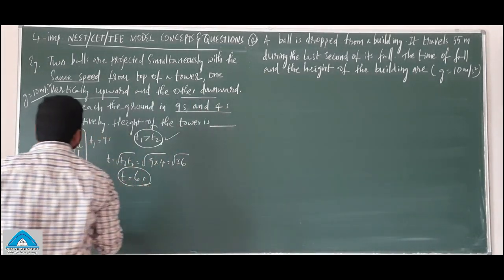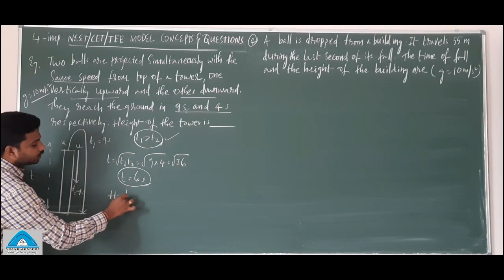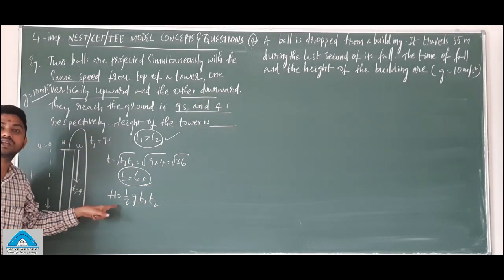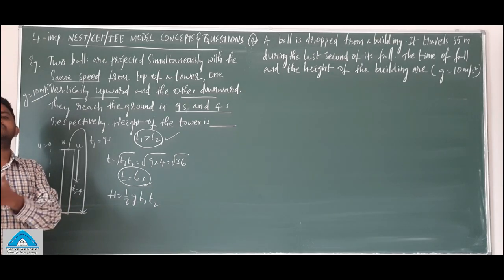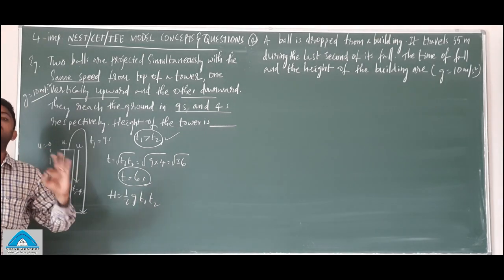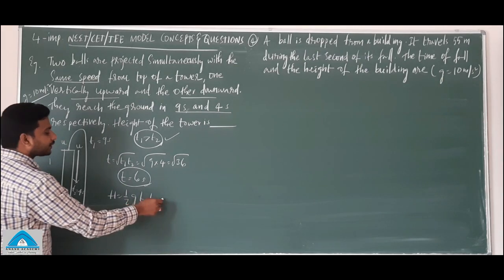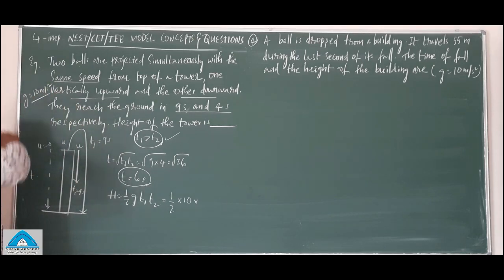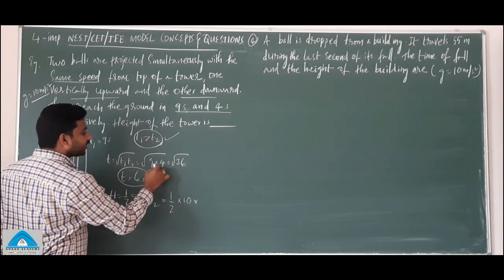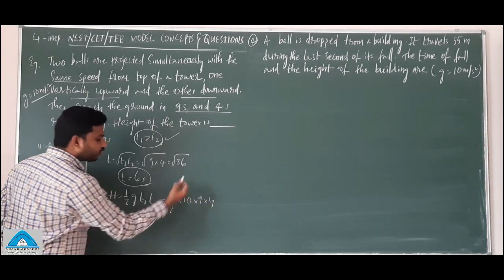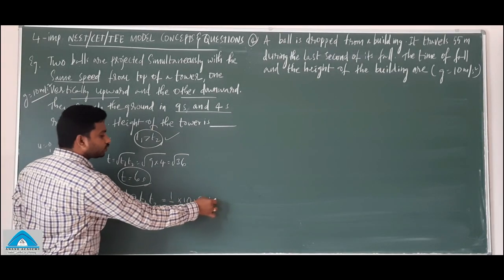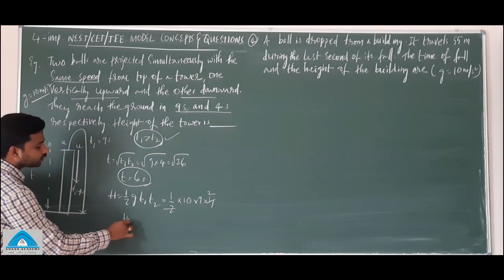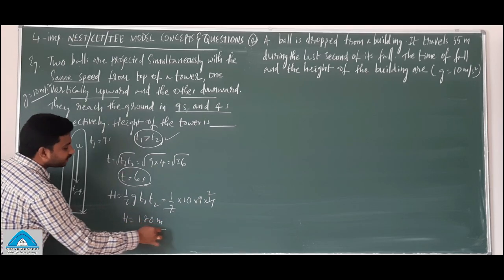So now, time taken by the freely falling body, you got it. Then the height of the tower is very simple, right? Height of the tower is equal to half into g into T1 into T2. Remember, where did we get this equation from? h is equal to ut plus half gt square in case of a freely falling body. Okay? So then you substitute half into 10, because g is 10, they must have given it, and T1 into T2 is 9 into 4. Then 2 2s, 9 2s are 18, 18 10s are 180. So your height is 180 meters.